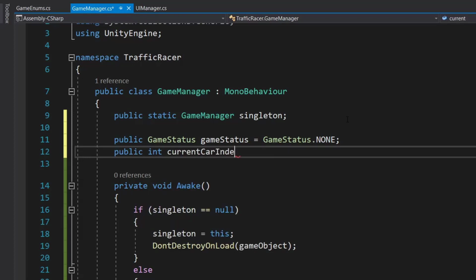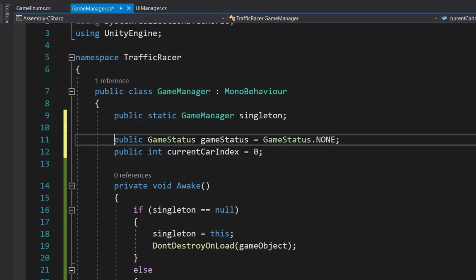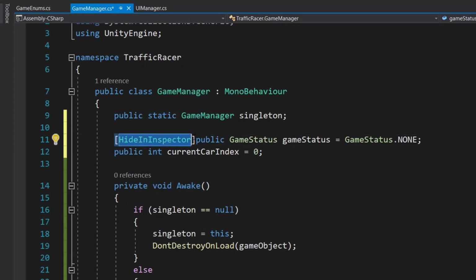Now this current car index we are going to use when we will be creating our selection panel where we can select different cars to play with. Now we don't want to change both of these variables from our inspector, so we will add an attribute hide in inspector so that we won't be able to change them.